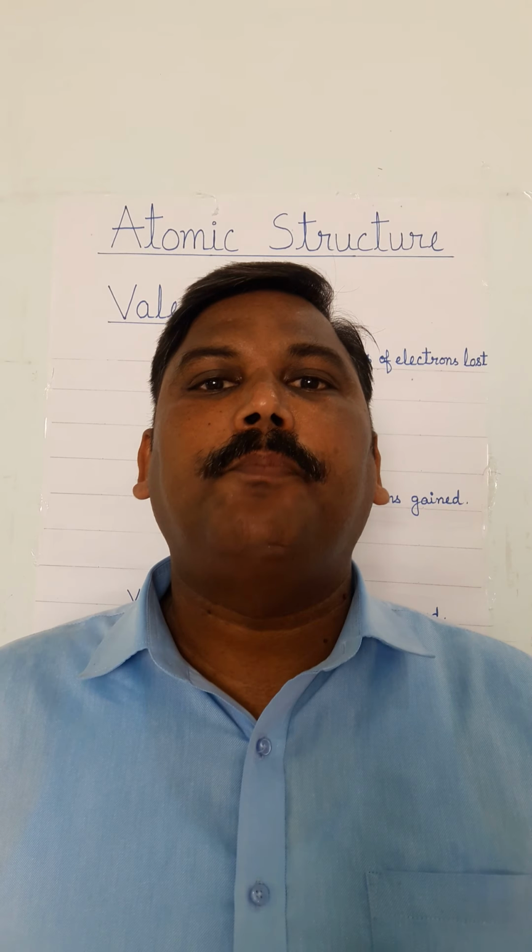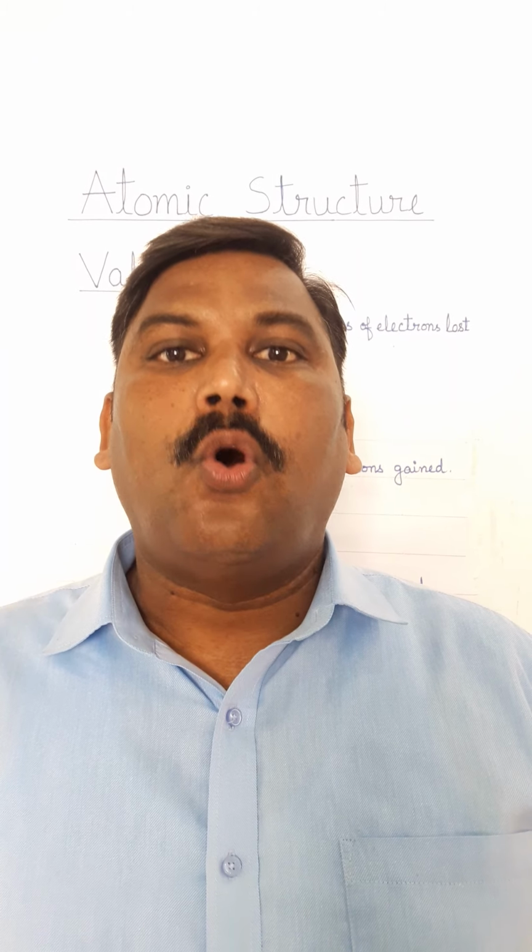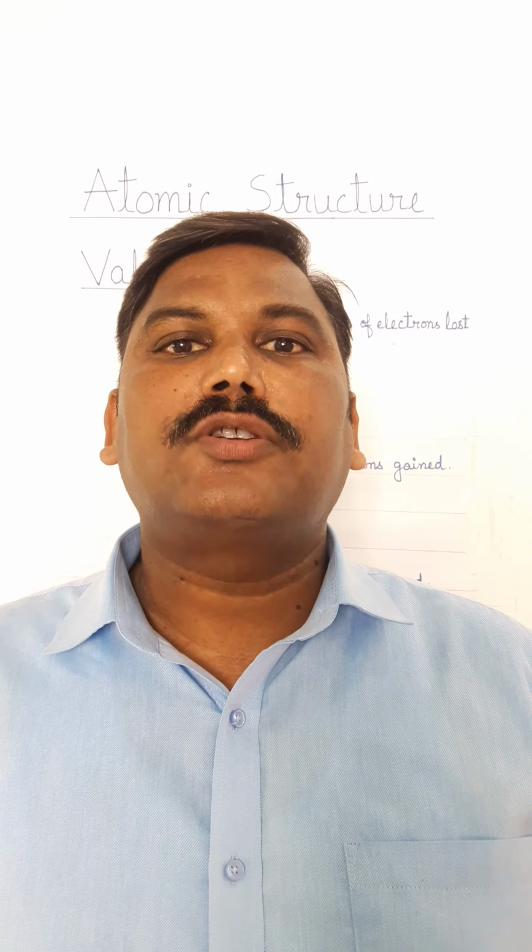Now I will explain a very important term in chemistry, and the term is valency. Valency can be defined in several ways. One of the ways in which it can be defined is it is the combining capacity of an atom of an element. The second way in which valency can be defined is it is the number of electrons lost, gained, or shared by an atom during a chemical reaction. In other words, we can say as many electrons as an atom loses, gains, or shares is its valency.